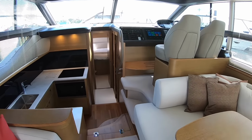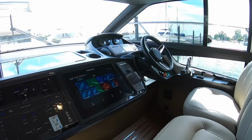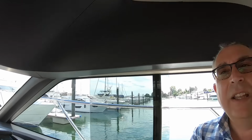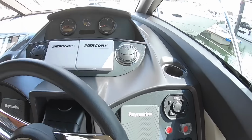I like the way that the helm is raised. These 2 steps up here mean that when you're at the helm, you've got a really good view out. You're very high up, so it is a boat you can drive from inside and feel very confident about. You're not feeling like you've got to head for the Flybridge every time you want to put to sea. You've got all your engine instrumentation, of course, up here,